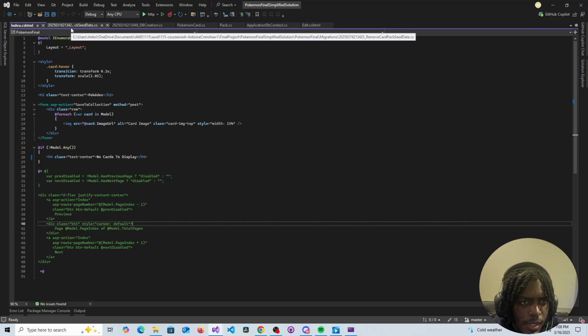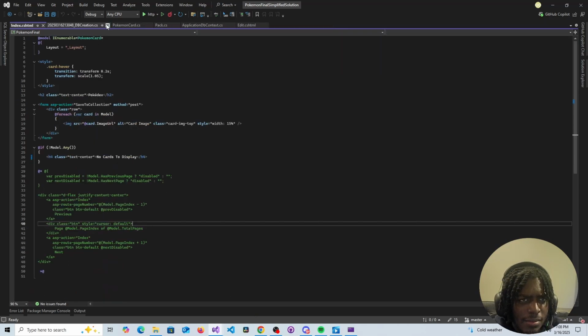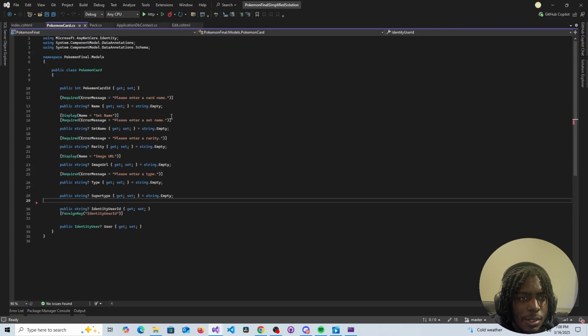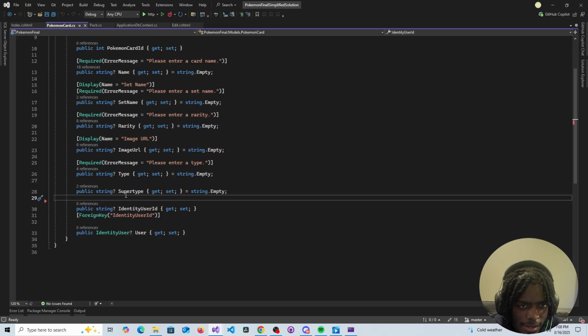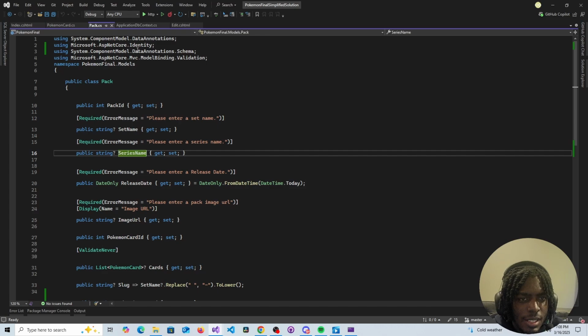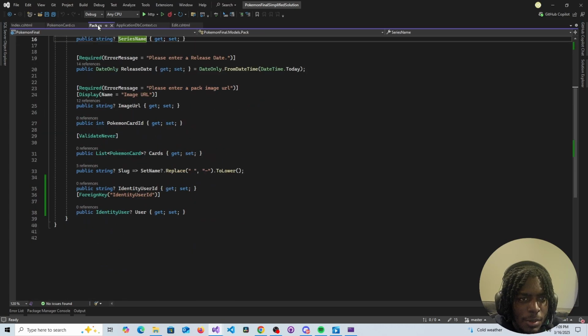So my code really quickly. Again, like I said, I'll post the code in the description, but I'm gonna go through it really quickly. So first thing I did was I added identity. So I didn't have this at first. So I came in here, added this public string user identity, user ID, identity user, and then same thing like pack. And since these are the only 2 things I'm using, pack and Pokemon cards, the only thing that I added